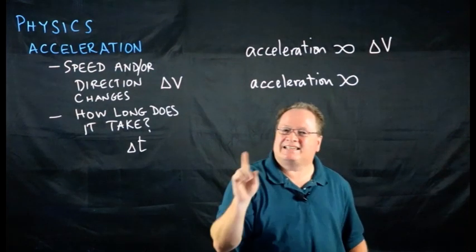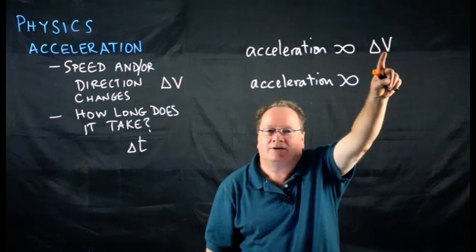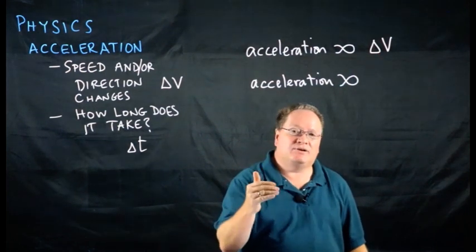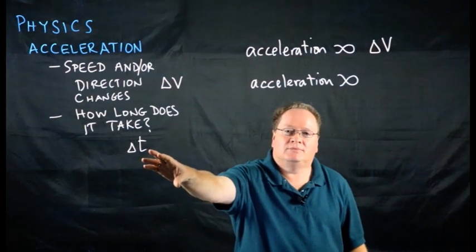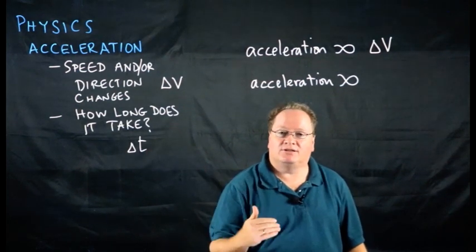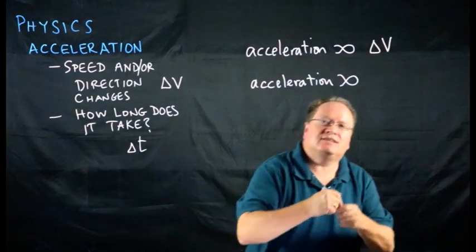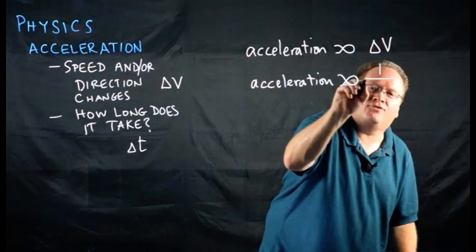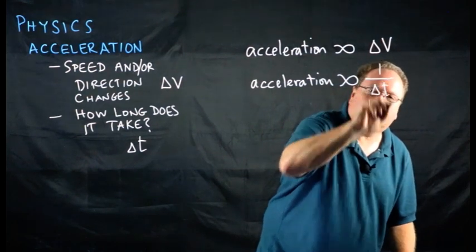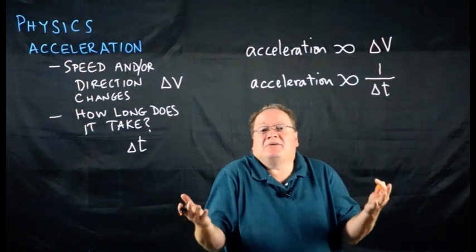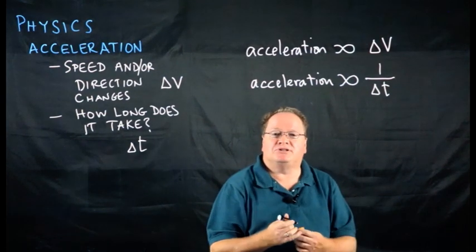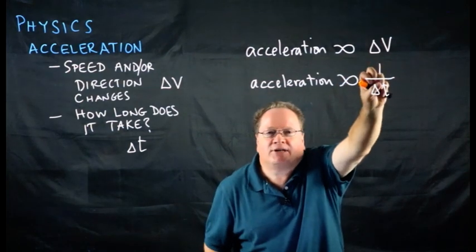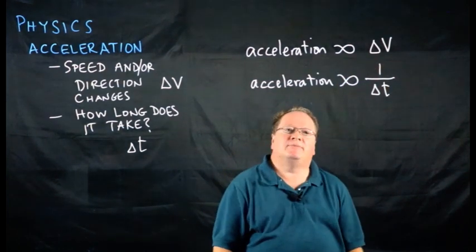Now, that's not the same relationship that we saw here. So what this means is acceleration is not directly related to time. It's indirectly related to time. The way we handle that is we would say acceleration is related to 1 over delta t. This is how they make these formulas. They think about what the relationships are, and they basically say, okay, if this is the relationship, I might be able to get a formula from this.